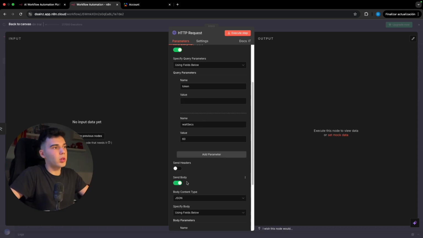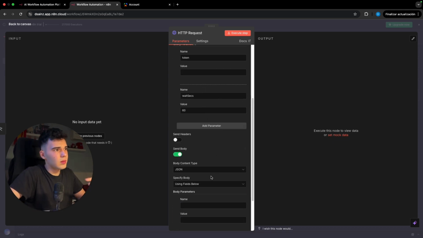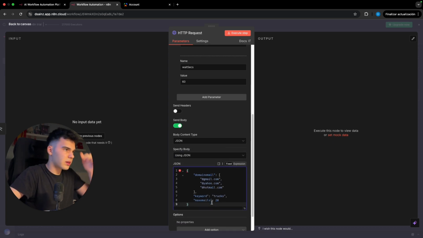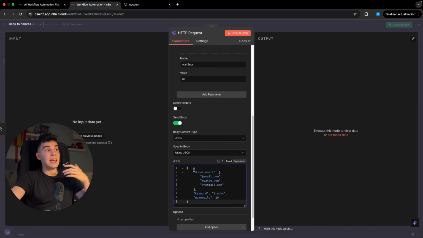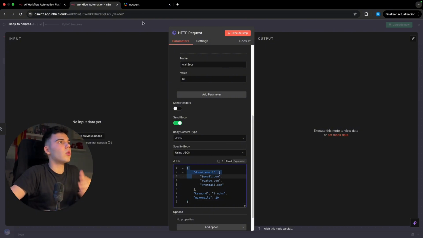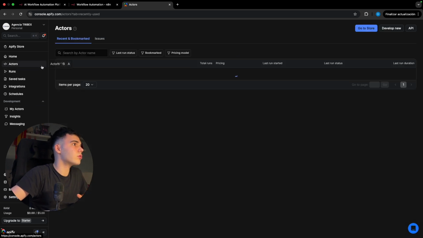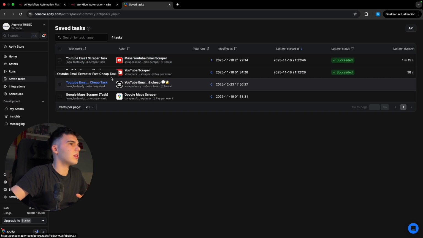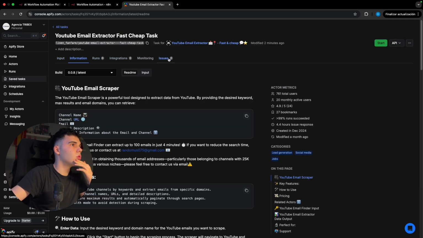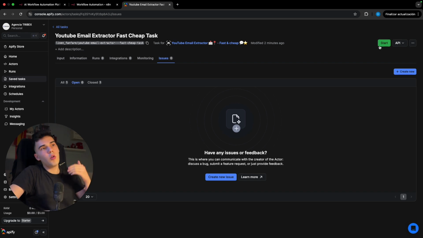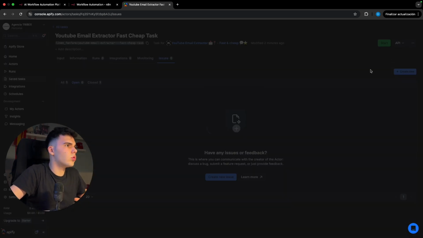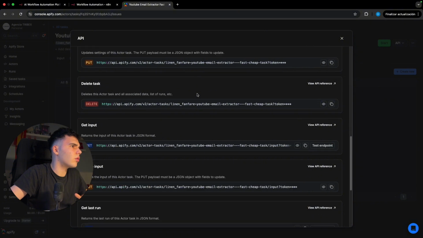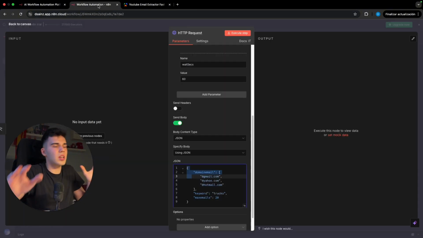And now we're gonna add the body, which is gonna be JSON. And now we're gonna add the next part. There you go, which is basically this part of JSON. We have taken it from our actors, actually the task that we just created here, and we needed to take all the part of the JSON. So if you go to API endpoints, you will find here all the things that I've used. But well, if you want to just make it work, you can just go here